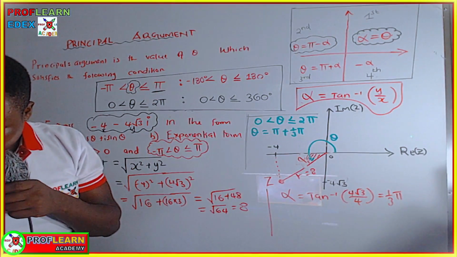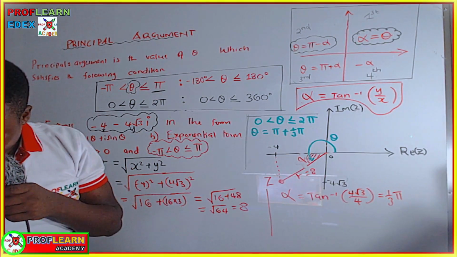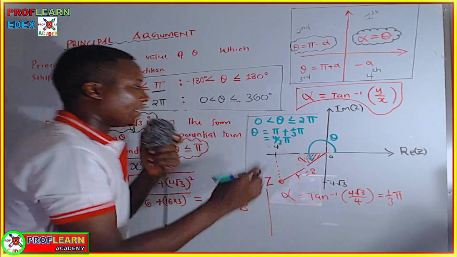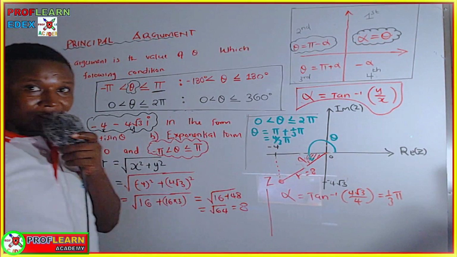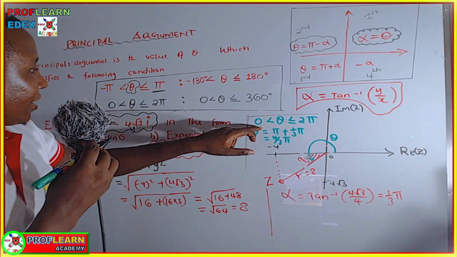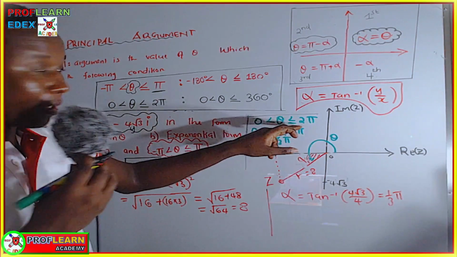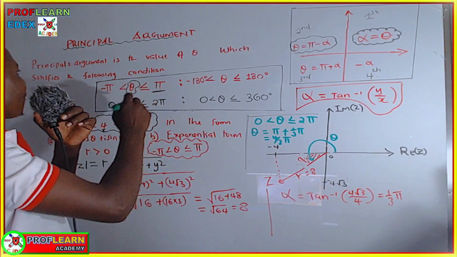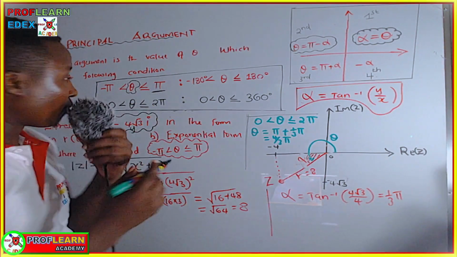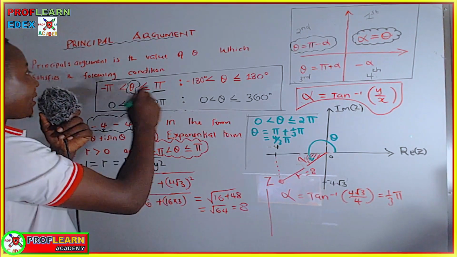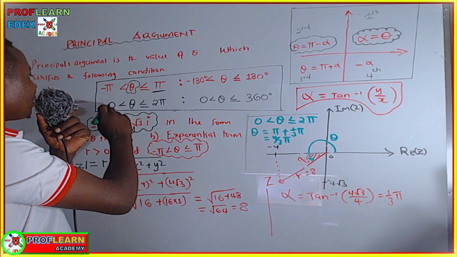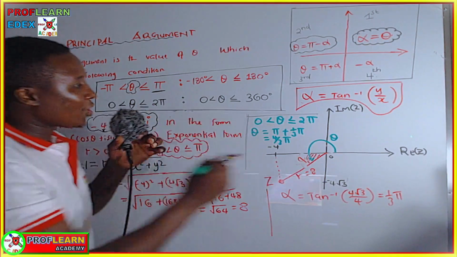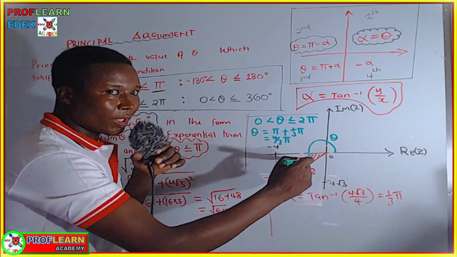So if we add pi, we are going to get 4 over 3 pi, and this will have been the answer in this case if you are given theta between 0 and 2 pi. Because when we were looking at this question, for the condition to find the principal argument, the angle can be between negative pi and pi, or it can be between 0 and 2 pi. So when you have this, you are going to measure the angles anti-clockwise